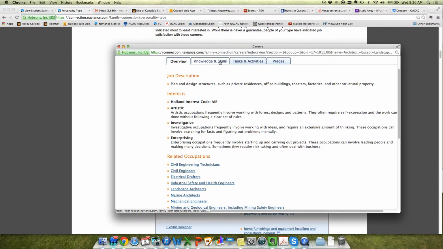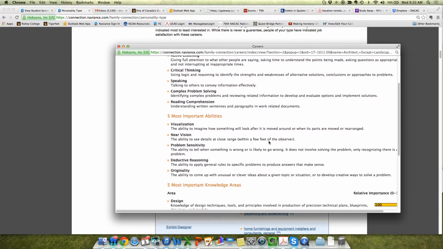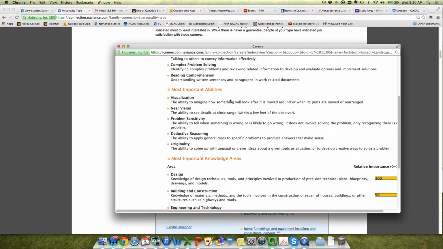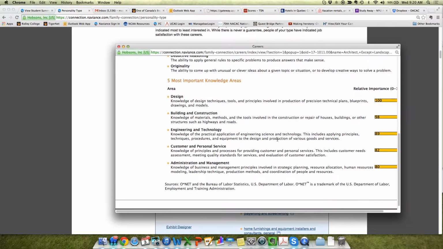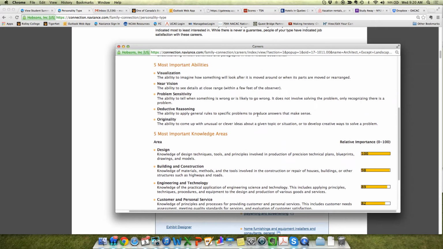And the 2 tabs that are of most interest for you are the Knowledge and Skills tab, which will look at the sort of skills important to the career. We'll talk about the abilities that are needed to be strong in this area, and then knowledge areas. And these knowledge areas could easily translate into courses, and you could discuss that. What sort of courses might they take next year that would fill out these areas?